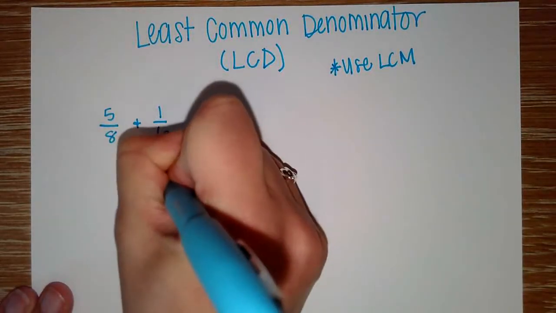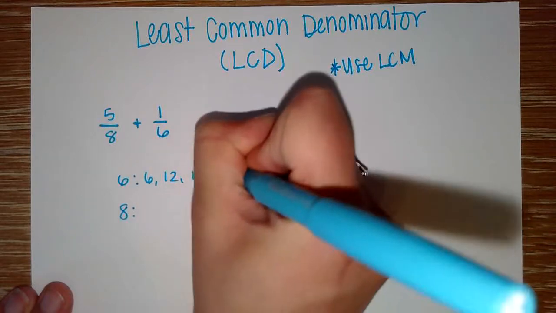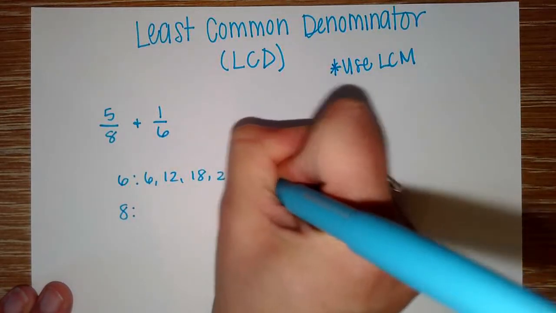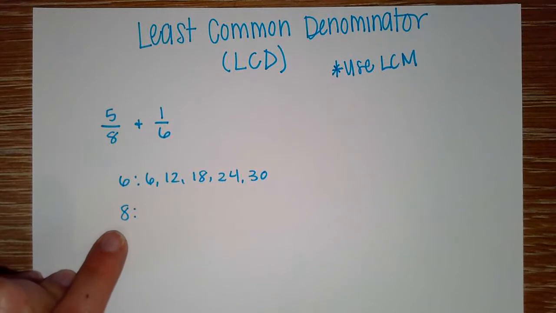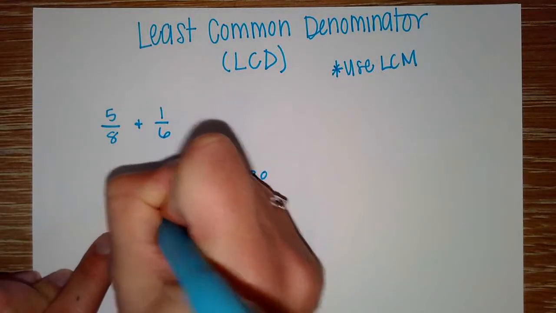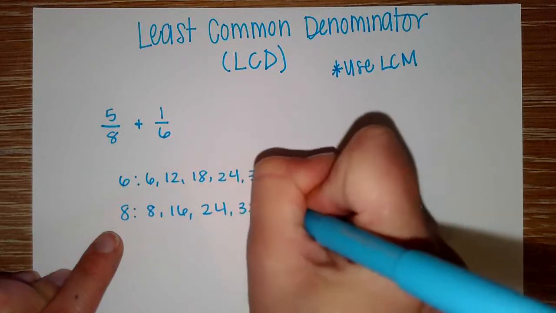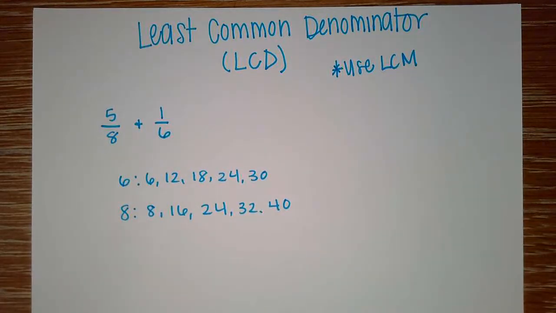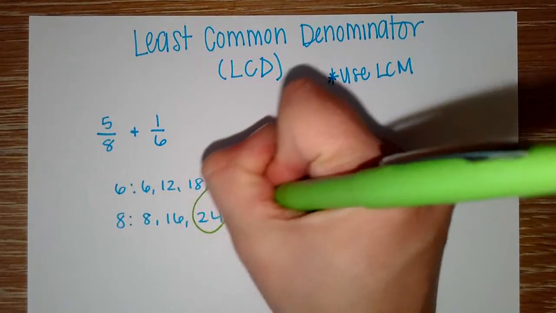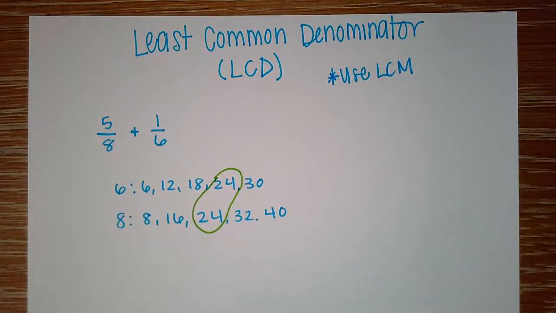So 6, 12, 18, 24, and 30. My list of multiples for 8 would be 8, 16, 24, 32, and 40. Now, we can see that these both have the multiple 24 in common, and that is the lowest number they